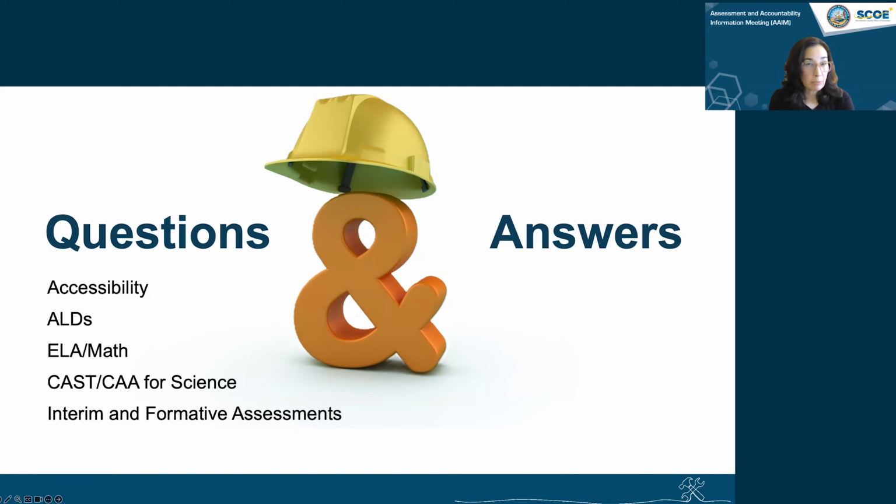I'm not sure which subject area this question was specific to, but if there are available results for the science CAST and the ELPAC summative assessments, the report will generate. I do want to point out that for the Smarter Balanced summative assessments, several years ago we switched to using the adjusted blueprint, which is a shorter blueprint. That shorter blueprint does not produce claim results for individual students because there are not enough items on the test to generate claim reports for individual students.